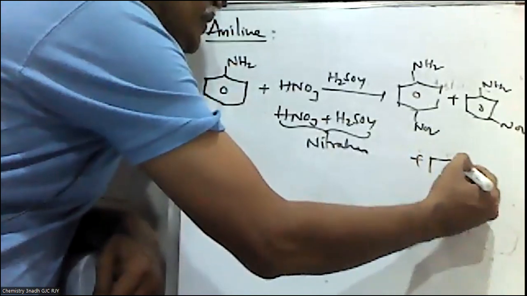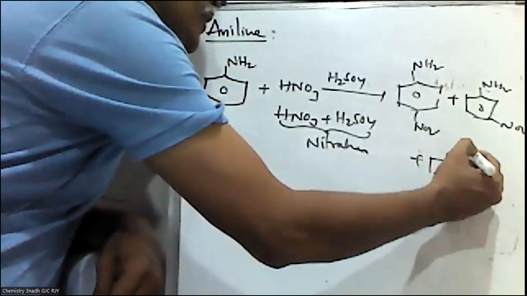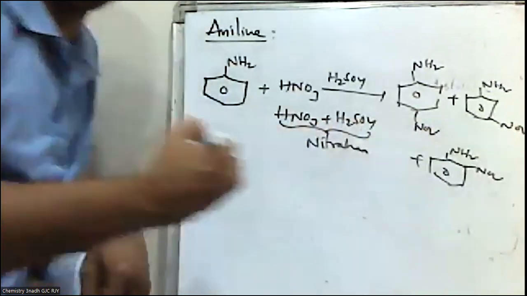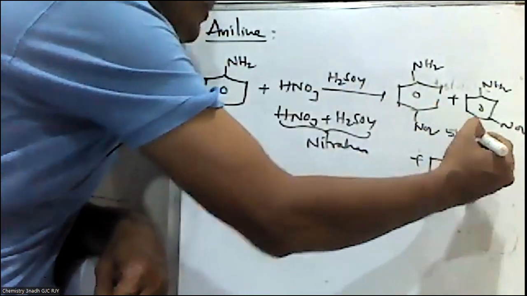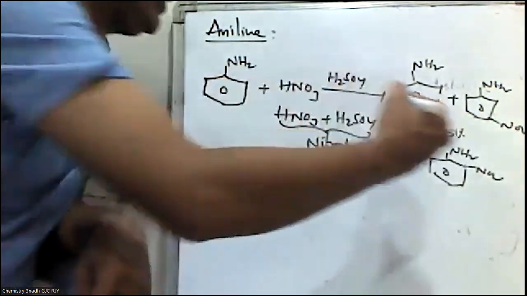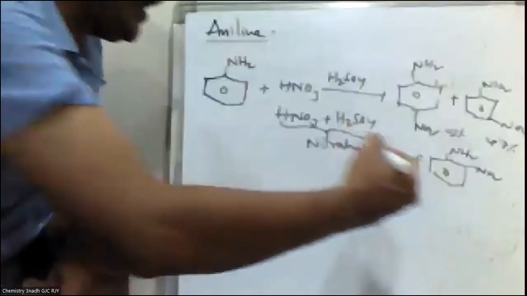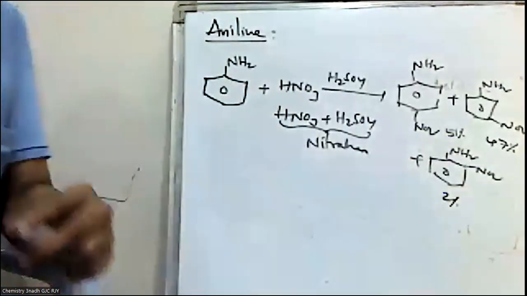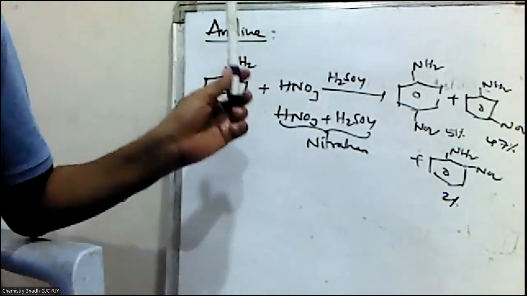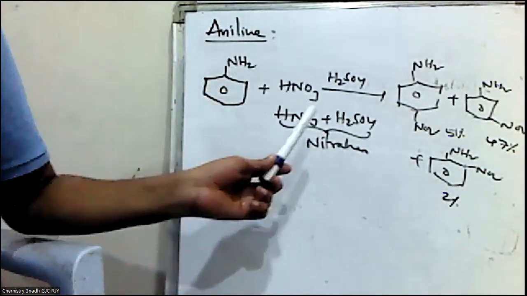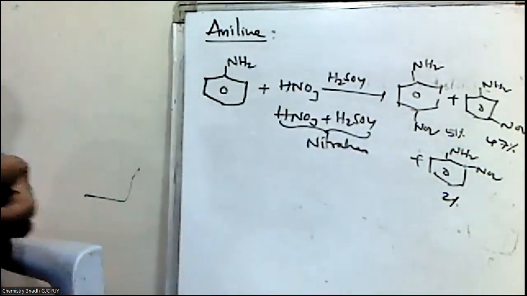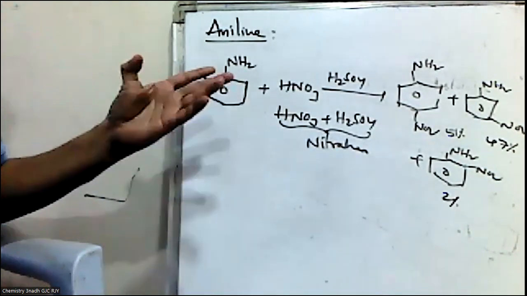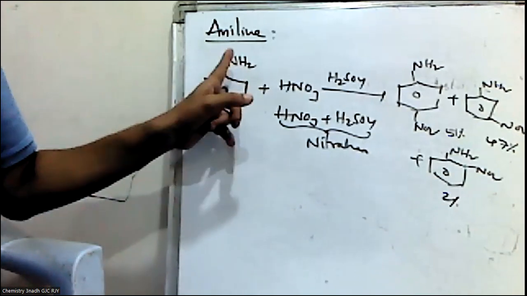and ortho-nitroaniline. Here para-nitroaniline, 51%, will be formed, whereas meta-nitroaniline, 47%, is formed, and ortho-nitroaniline, 2%, is formed. So if we observe, I have just discussed that the NH2 group is ortho-para directing,